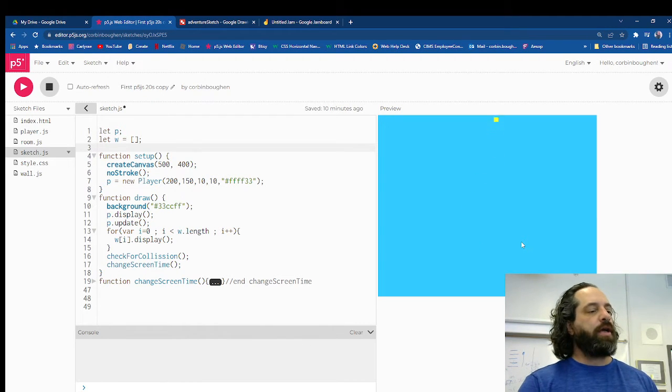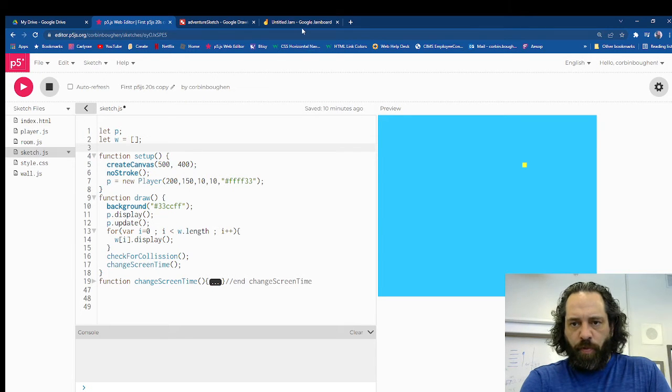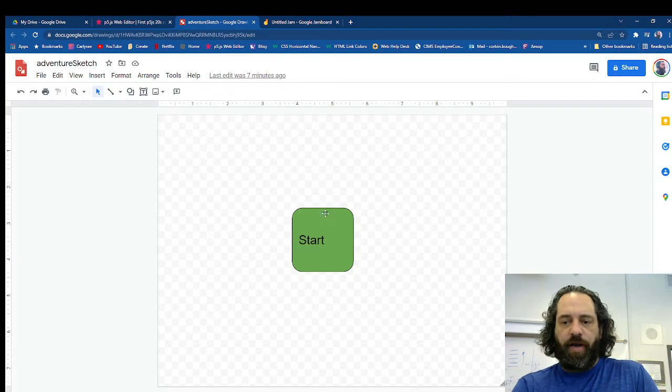I control this thing, a little rectangle, and currently all I have is that when I leave a screen, I just push to the other side of the screen. So if I leave the top, I come to the bottom. If I leave the left, I go to the right, etc. Okay, I kind of want to have this plan right here, so I'm going to have a room,